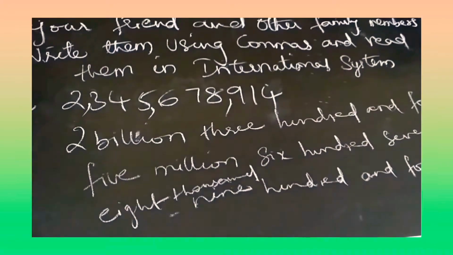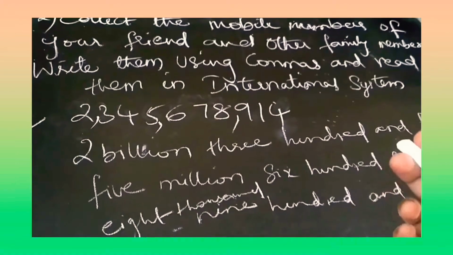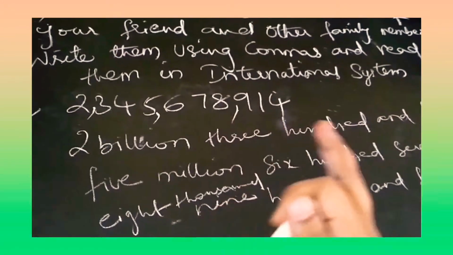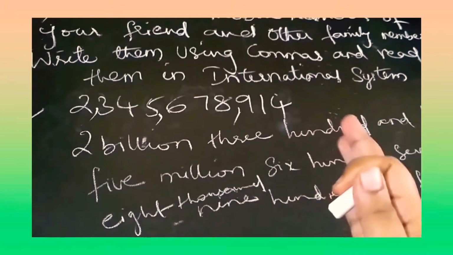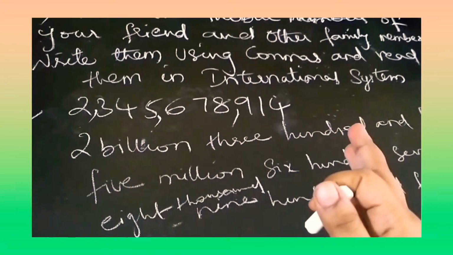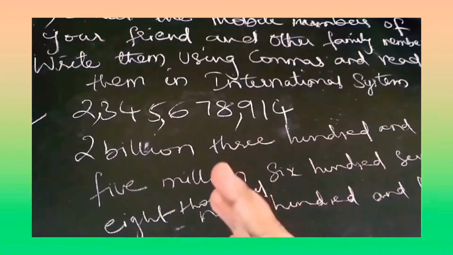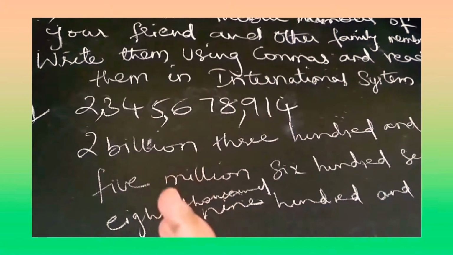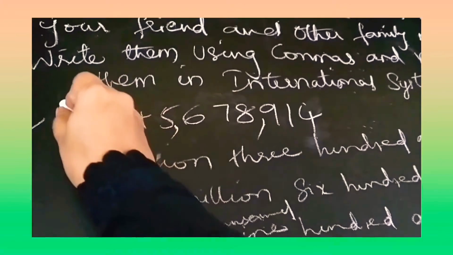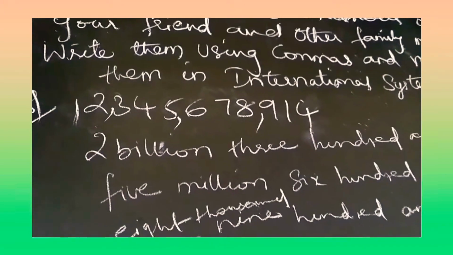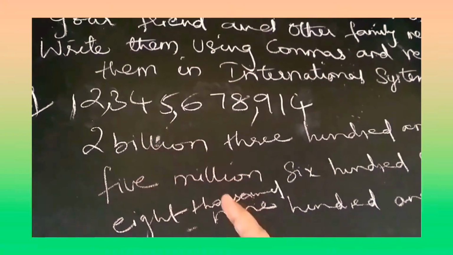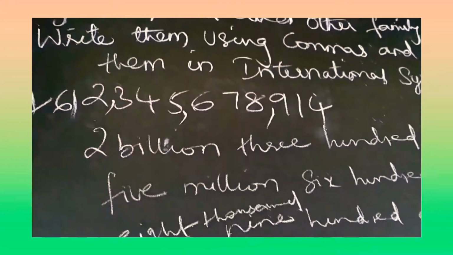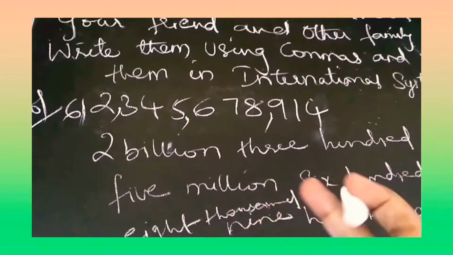One more thing, if your family members and your friend are abroad, the number will be extended. One number will be extended, or two numbers, 11 numbers will be there. So you can take 10 billion. Here we have taken 2 billion now. If one number is added like this, it will become 12 billion. If one more number is there, like I'm taking here 6, it is 612 billion.